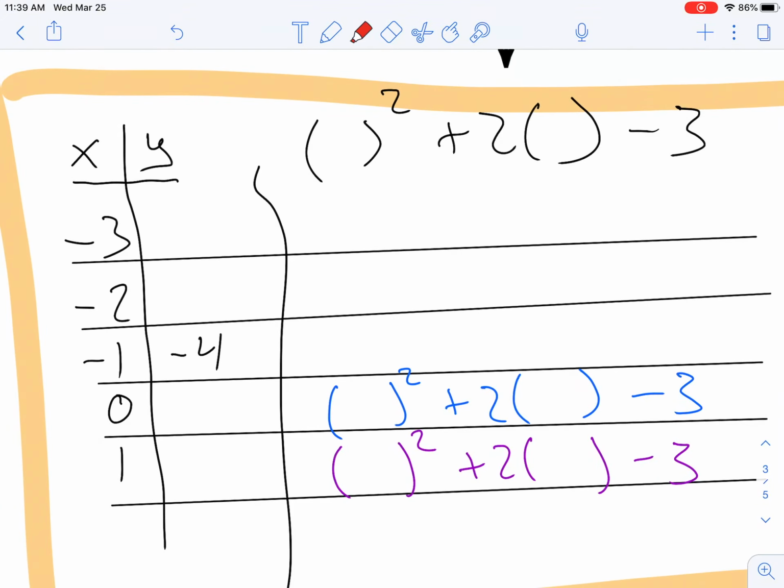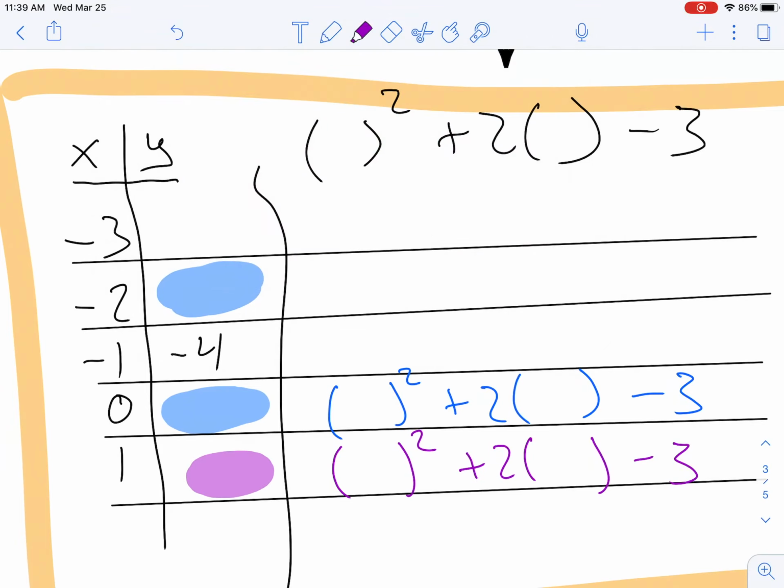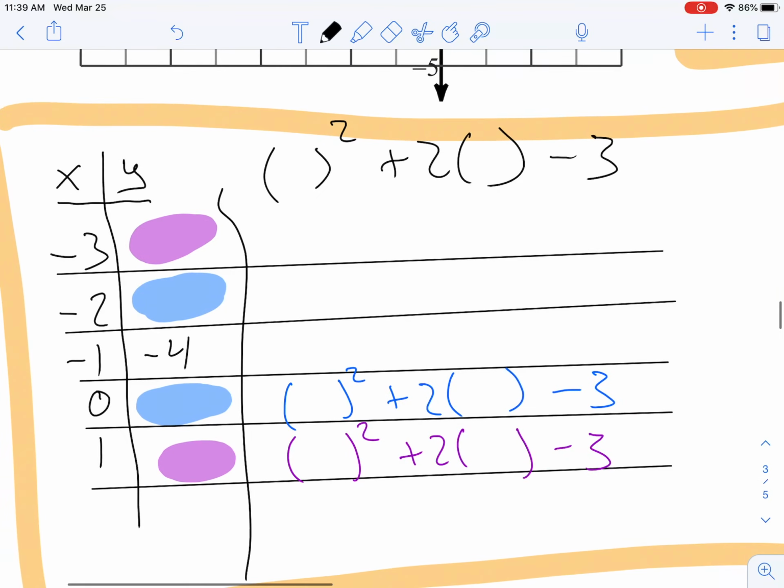And here's the deal. Whatever I get for my blue here is going to be reflected across and we'll end up having the same point there. Whatever I get for my purple here is going to be reflected across and I'm going to get the same point there. So we really only have to plug in 2 equations instead of 3. So we're saying if x was 0,